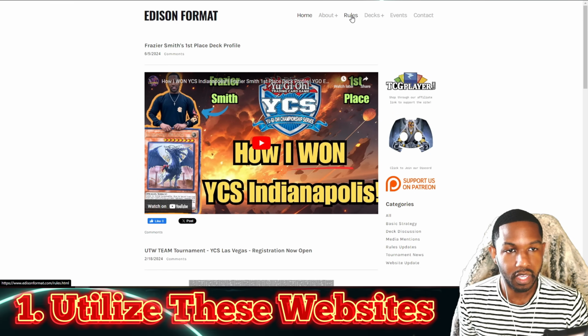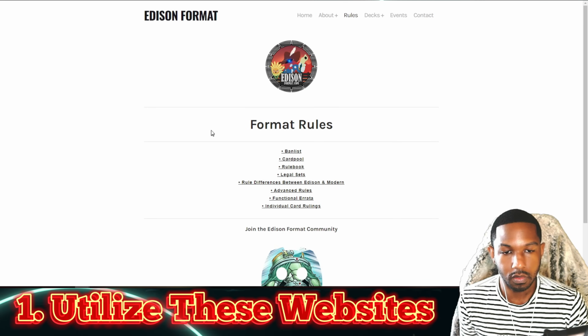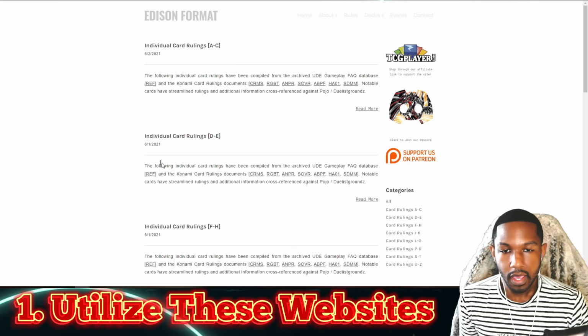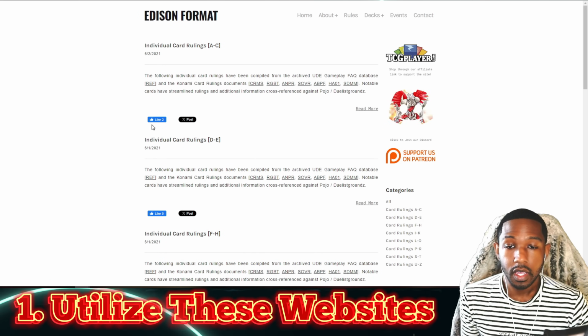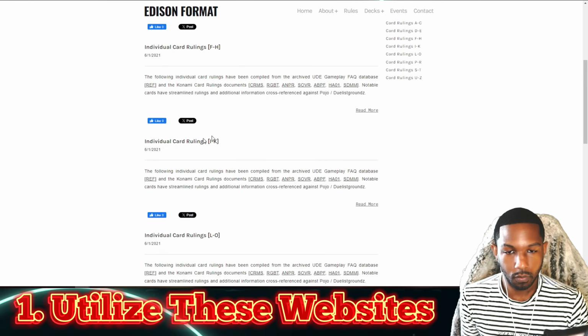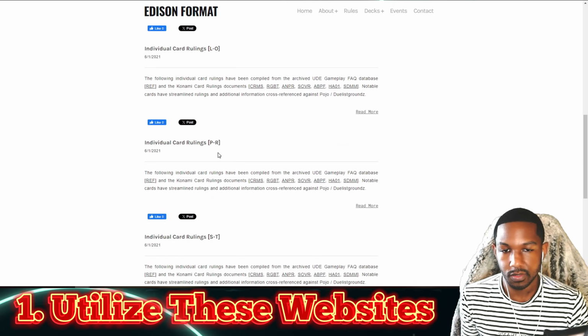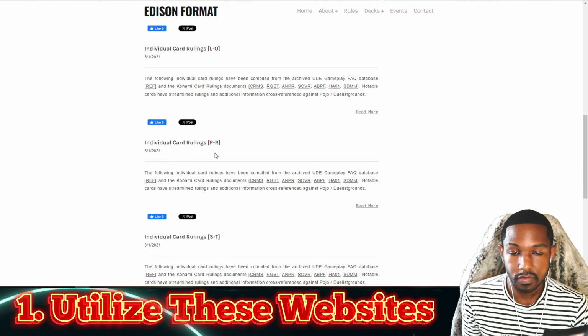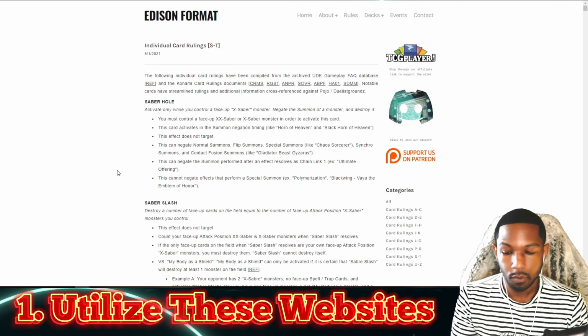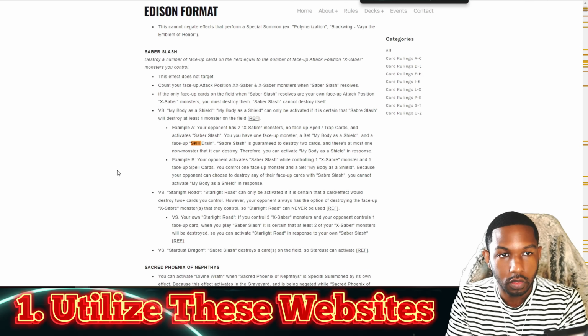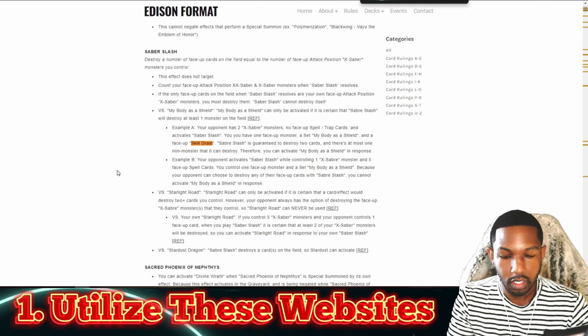So right off the bat, if you go to the webpage and you go to rules, I like to go to this individual card ruling section. Every time you have a question about an Edison format rule, you could just literally come here and you just need to find whatever letter your card begins with, and you can find a ruling for it. So let's say I wanted to know the effect of Skill Drain and how it works in Edison format. So I would just Control F, Skill Drain, once we're in this section,